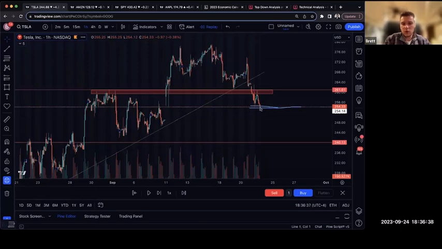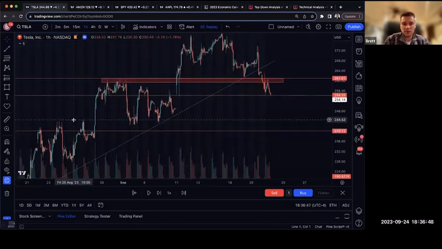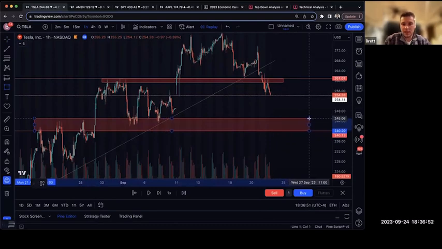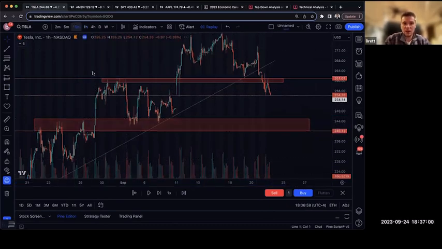If we get above this level, we can possibly retest back into 244, back into these previous highs. And you can see here, that's a clear level of demand at 244 because we have multiple interactions off that level. So if we get under this 254, very likely we're going to see 245. So now if you go and play what ended up happening on Tesla,